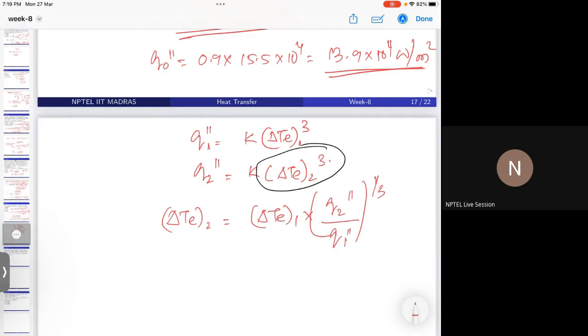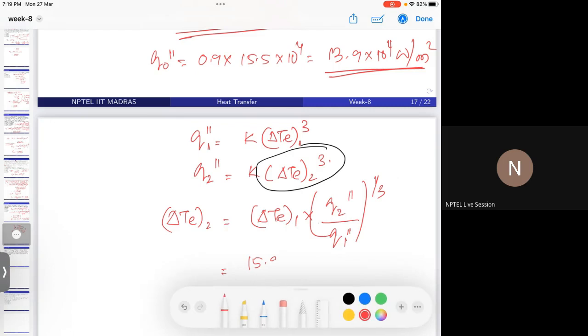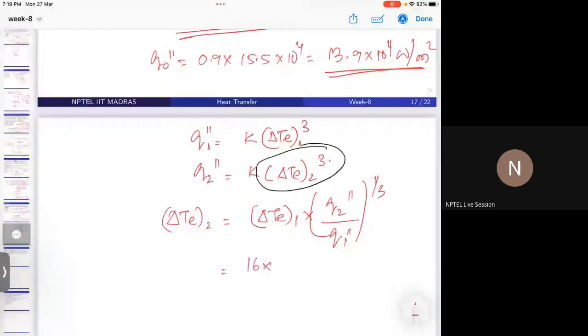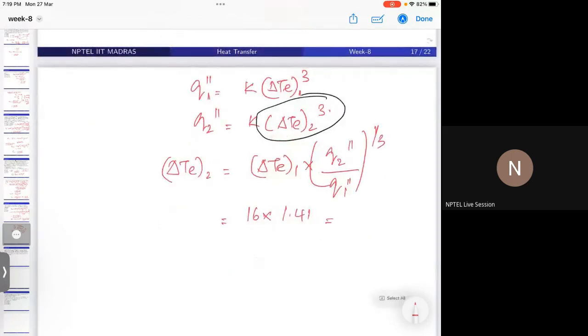So can you please find out what is the answer? Delta T is, what is the value? 16. You already found 16 times. So this value will come out to be around 1.41. You can just try later. Which will become 22.4 degrees Celsius, which is the new